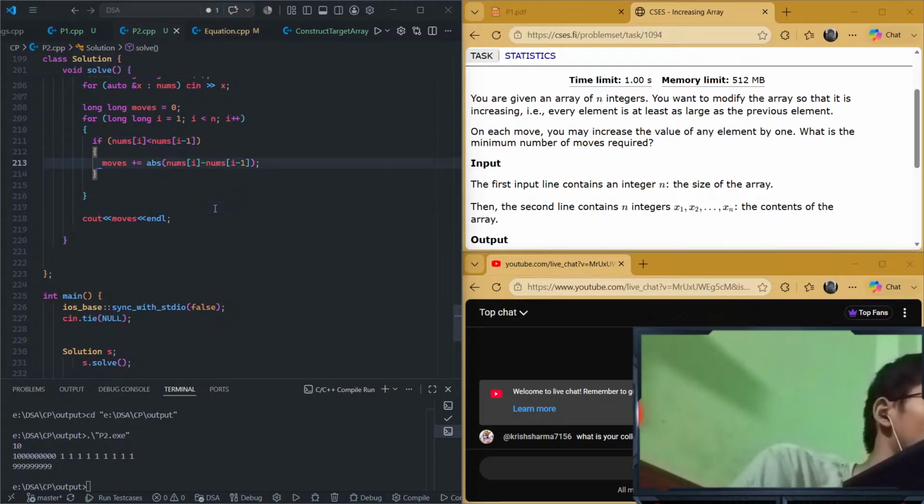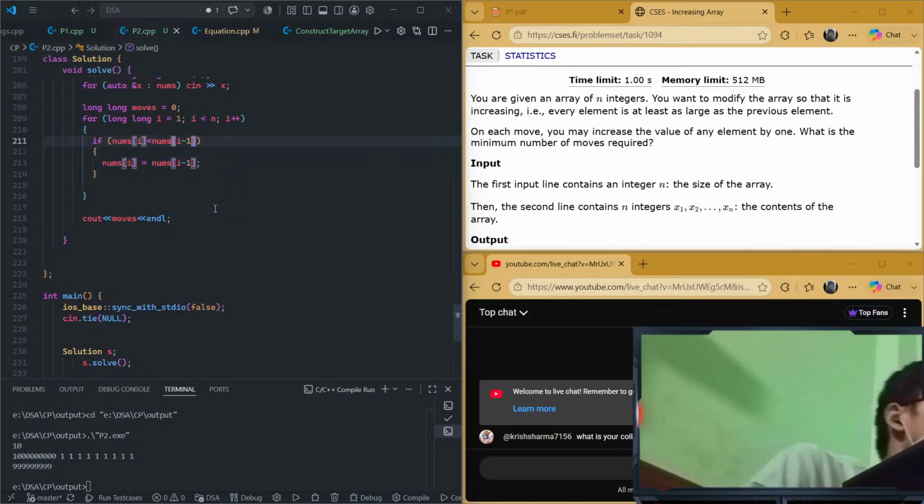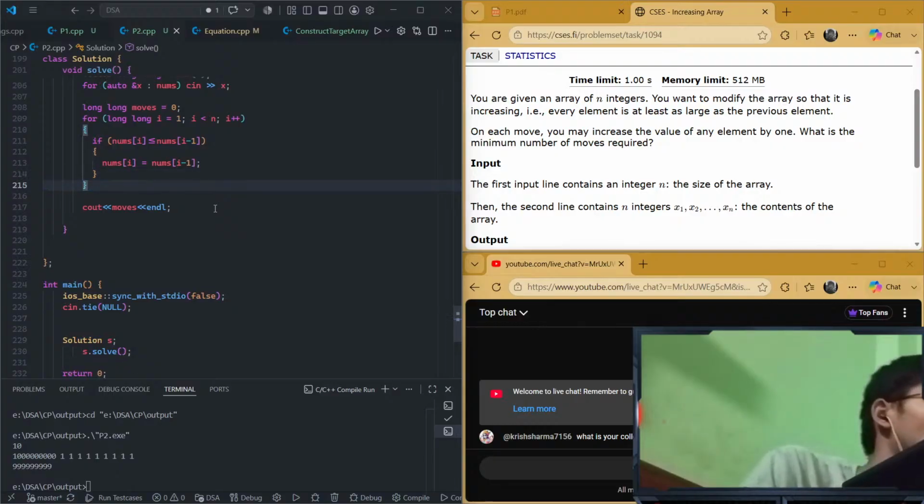What I will do is I put nums, not the absolute difference, equals to nums of i minus 1. If nums i is lesser than or equal to nums i minus 1, I'll put it equal to nums i minus 1. And then after that I will perform